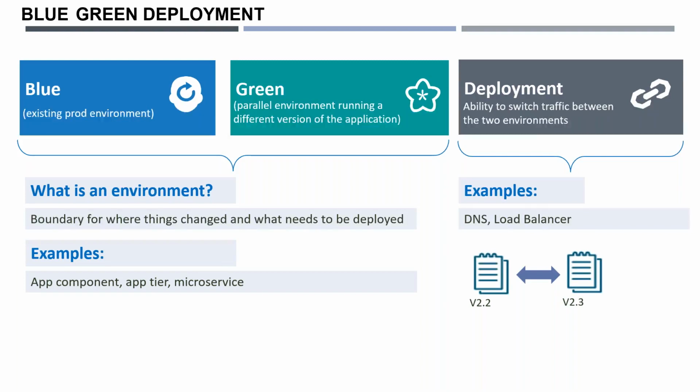If you are using a cloud, like Azure cloud or AWS cloud, it is easier. In Azure cloud, there is a concept called virtual machine scale set, and you can simply swap the environments. You will get an option called swap. Anyone who has access to the portal can simply swap it. The underlying mechanism of deploying your application to these environments is the same, but you don't really need a network administrator if this has already been set up for you in the Azure cloud portal, if it is only Azure cloud related.